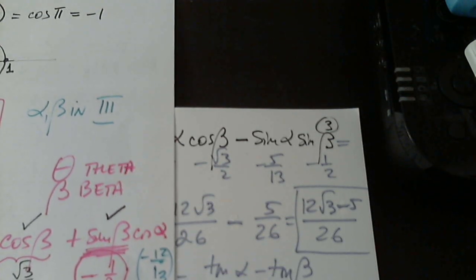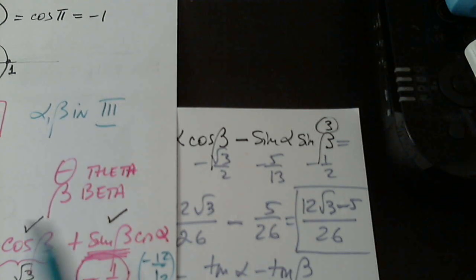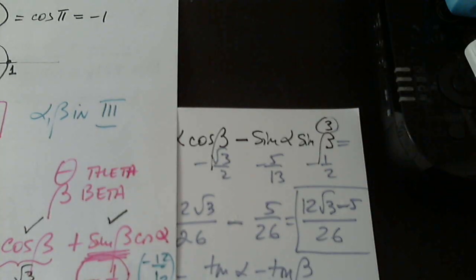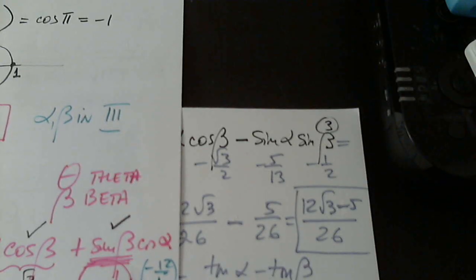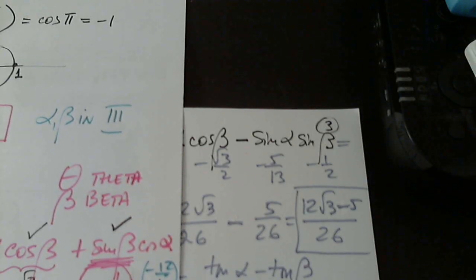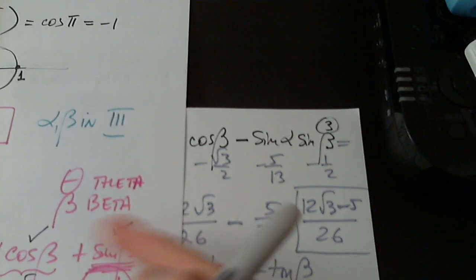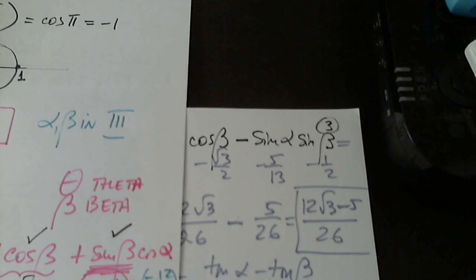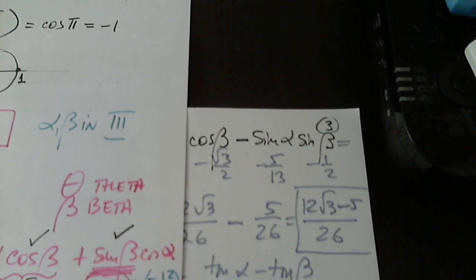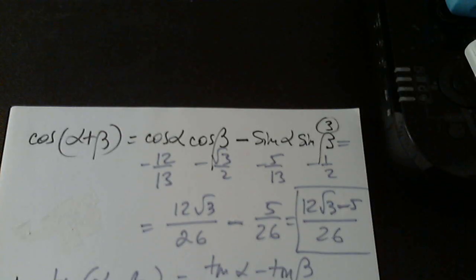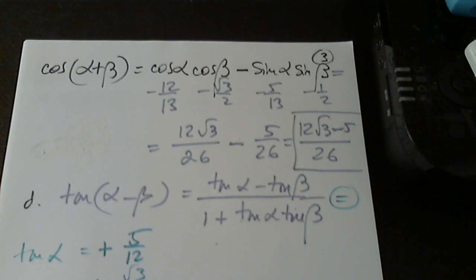Tangent beta is sine beta over cosine beta. 1/2 over the square root of 3 over 2. I flip it and I get the square root of 3 over 3. One more time. 1/2 divided by this. When I flip, I have 2 over the square root of 3, but I have to rationalize it. That's all I needed because I did my work and I had all the answers for sine and cosine. Good. So then from here,